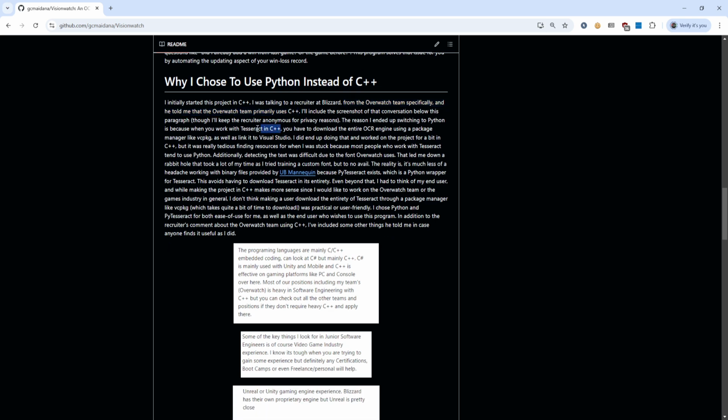But so I used C++ and Tesseract together. But the issue with that is that you have to download the entire OCR engine using a package manager if you use the C++ version of Tesseract, and then you have to link it to Visual Studio, right? Like the DLLs and all this and that, and it just gets really complicated because it's just tedious finding resources when you get stuck. Additionally,